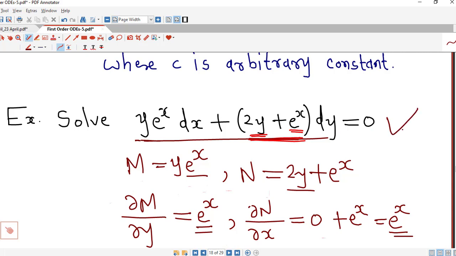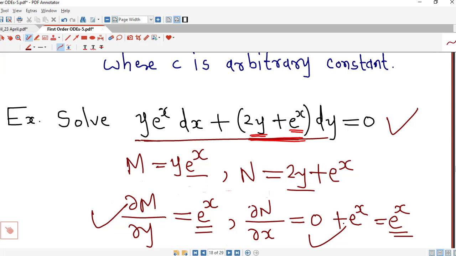Now if you observe, I have started with separable, then I go for linear, and then I check the condition for exactness, and I found that this equation is exact. But that is not compulsory. If at the first moment you feel that it is going to be exact, then you can directly check the condition for exactness. If at the first moment you find that it is linear, then you can go for the method of solving linear differential equation. It is not necessary to go in a particular sequence, that you check it is separable, then you go for linear, then you go for exact. That is your choice.